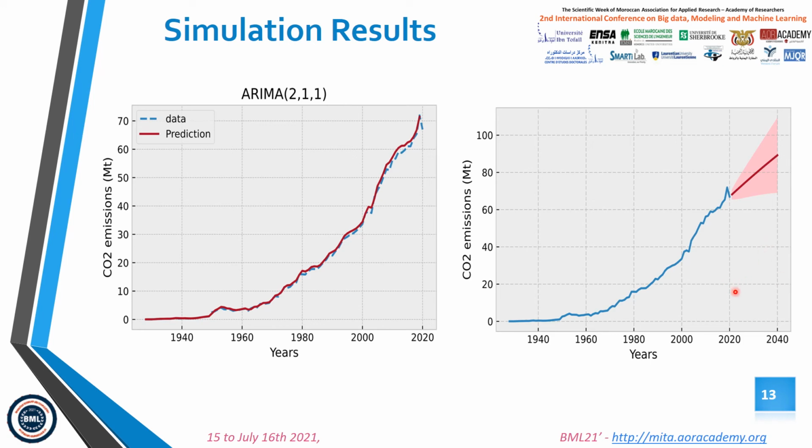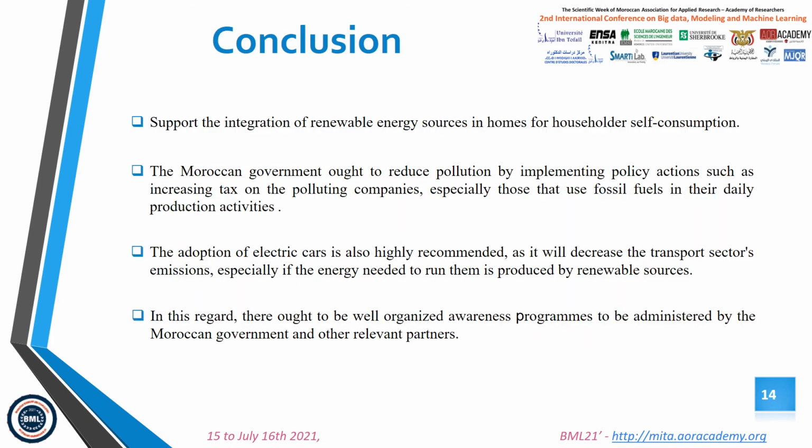The result in this figure on the right of the slide shows that by 2040 the annual CO2 emission would continue to grow, to between 69 megatons and 109 megatons. The main explanation for this increase may be that power generation and transport are the main sources of energy-related CO2 emission in Morocco. In the presentation, in the end, we have examined the forecasting of CO2 emission in Morocco